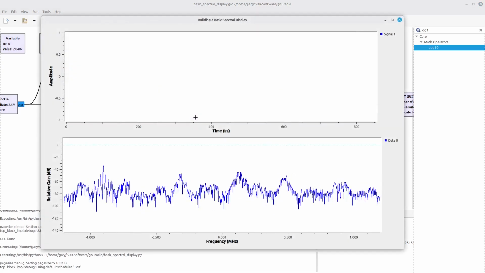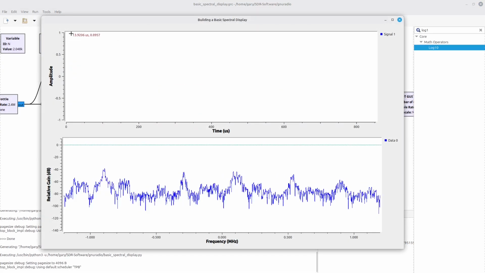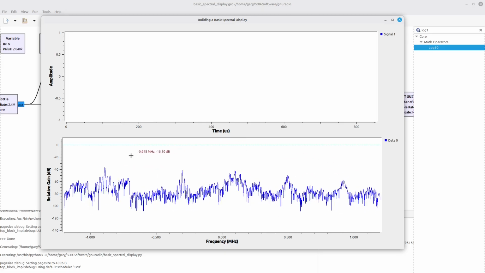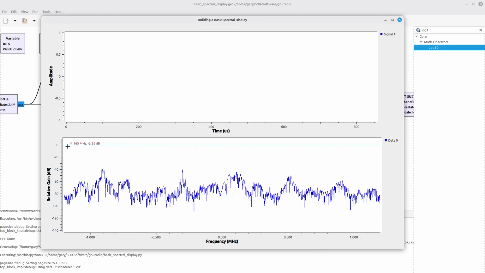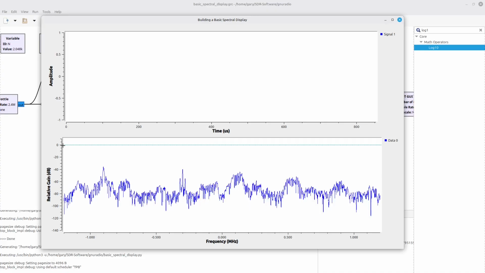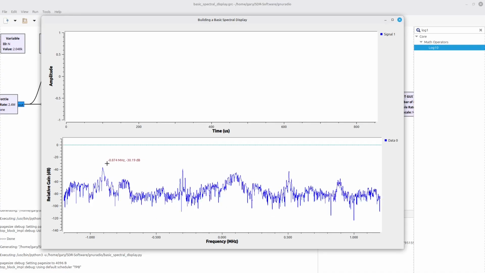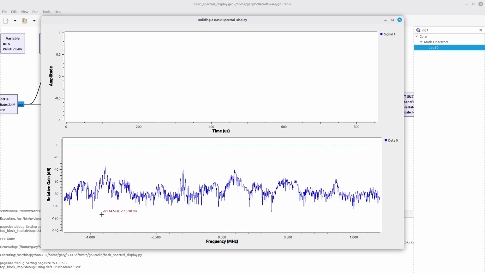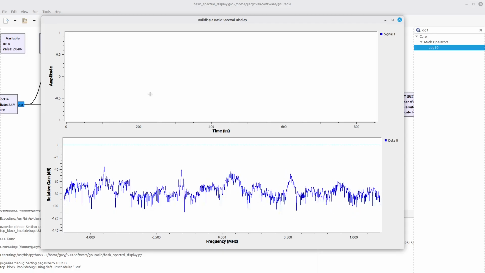Let's see what the result is. And notice that the actual values are between minus 30 and minus 110, minus 120.